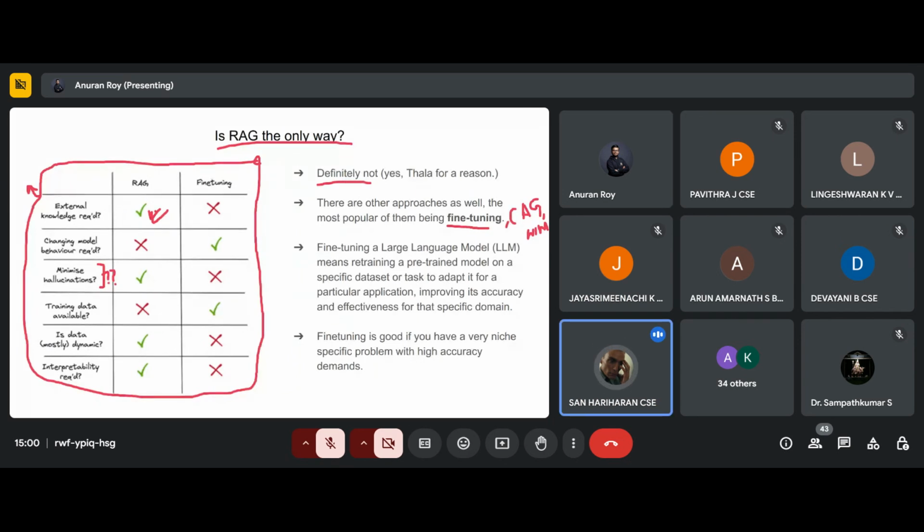Sir, when it comes to fine tuning, if you fine tune a model with health disease prediction data sets, and on the other side you upload documents about healthcare data sets to a RAG, fine tuning takes a lot of data for the model to understand. But in the case of RAG, it directly just analyzes the document and gets information from it. So it takes time, and RAG will be faster.